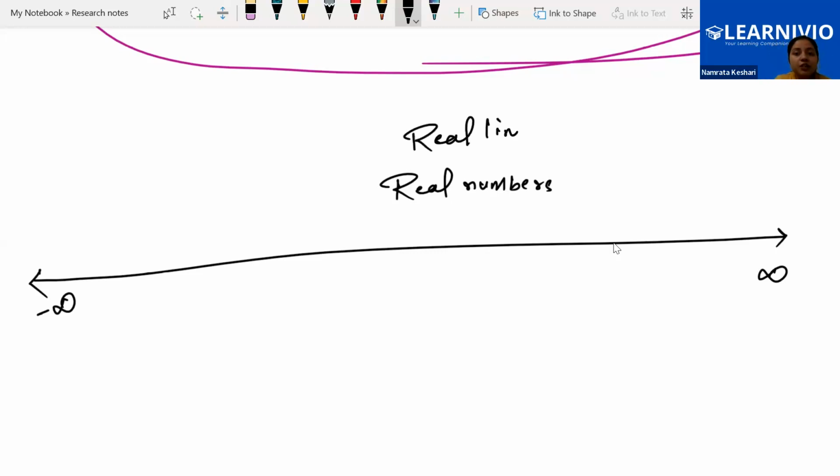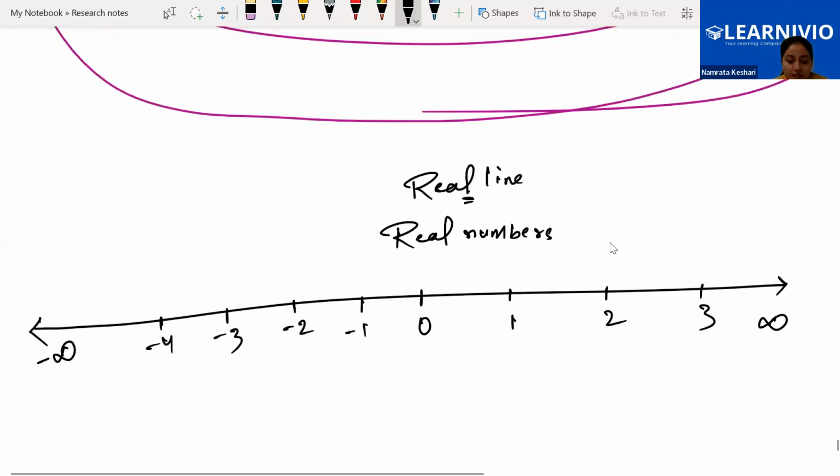Maybe previously, when you were not aware of real numbers, we were only taking 0, 1, 2, 3, and -2, -3, just like this. These are integers we only represent over here. But be careful, in between all the integers there are infinite decimal numbers sitting over here. Basically it's not an integer line, this is a real line where all the real numbers are located. Now, the statement says